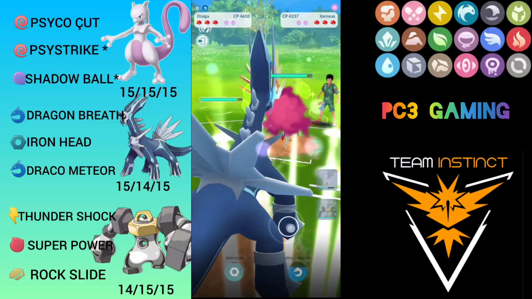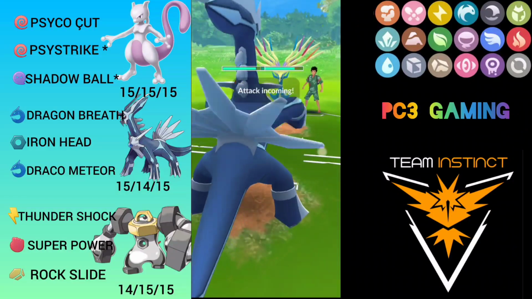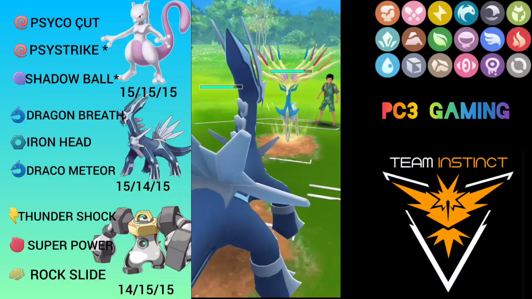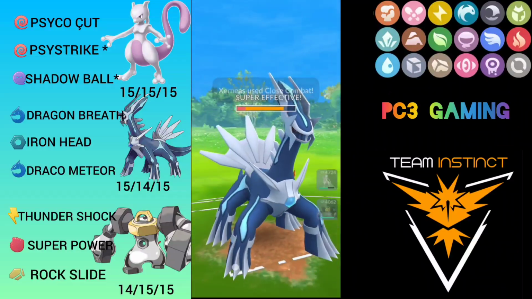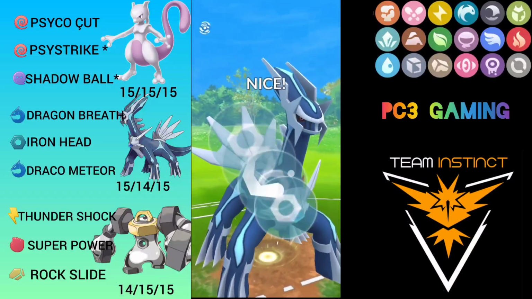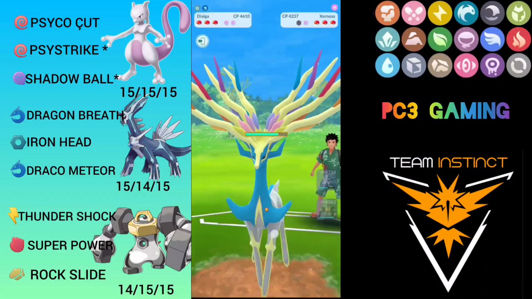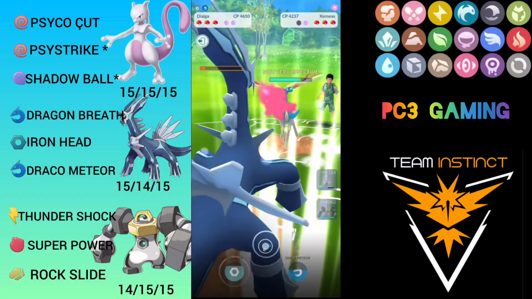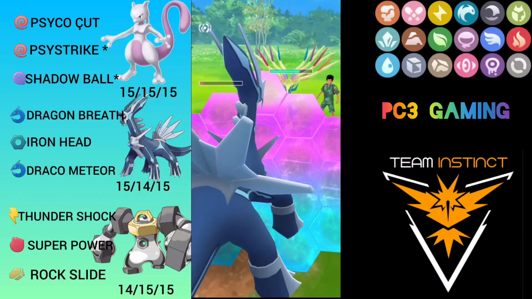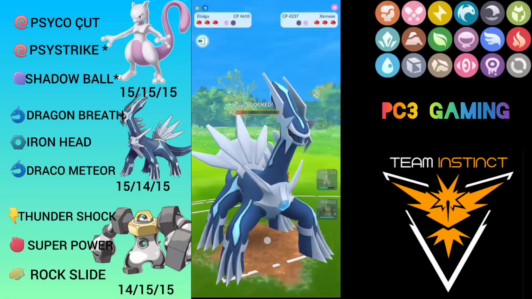So what I'm going to do is I'm not going to throw immediately until and unless he throws Close Combat and debuffs himself. So he throws Close Combat. Once he throws, I'm going to throw it immediately and this Iron Head might grab the first shield, and he shields here. So what I'm going to do is shield the next Close Combat and I will throw the Iron Head because this might grab the final shield,